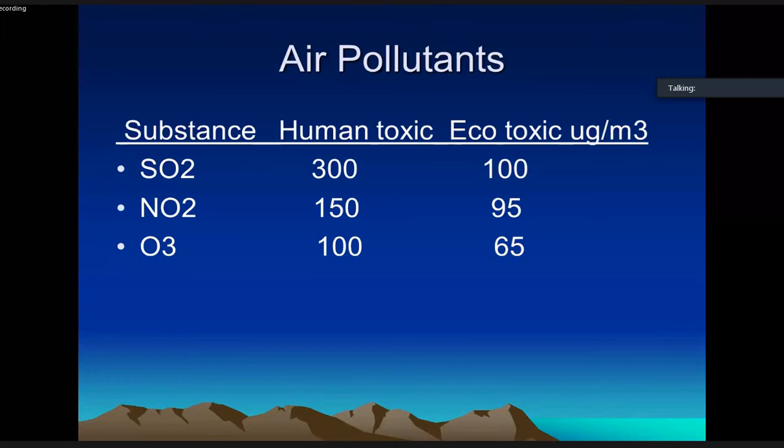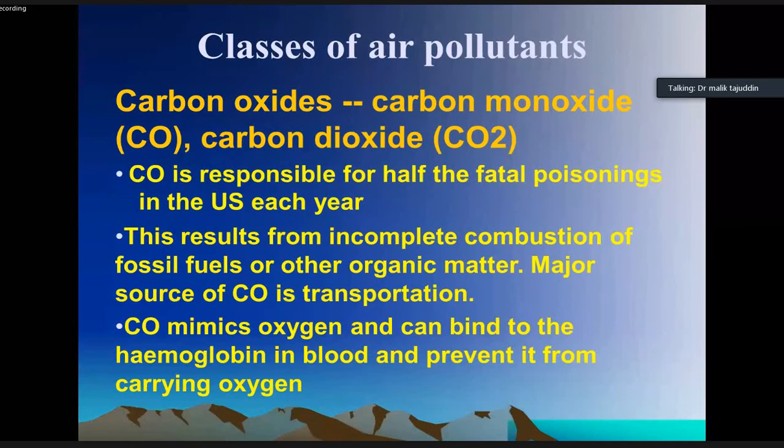There are different classes of air pollutants, which are the oxides of carbon, nitrogen, and sulfur pollutants. We will see these different pollutants one by one, starting with carbon monoxide and carbon dioxide. Carbon monoxide is very dangerous and is responsible for half of the poisoning deaths in the US, mostly due to the incomplete combustion of fossil fuels, in transportation and in domestic